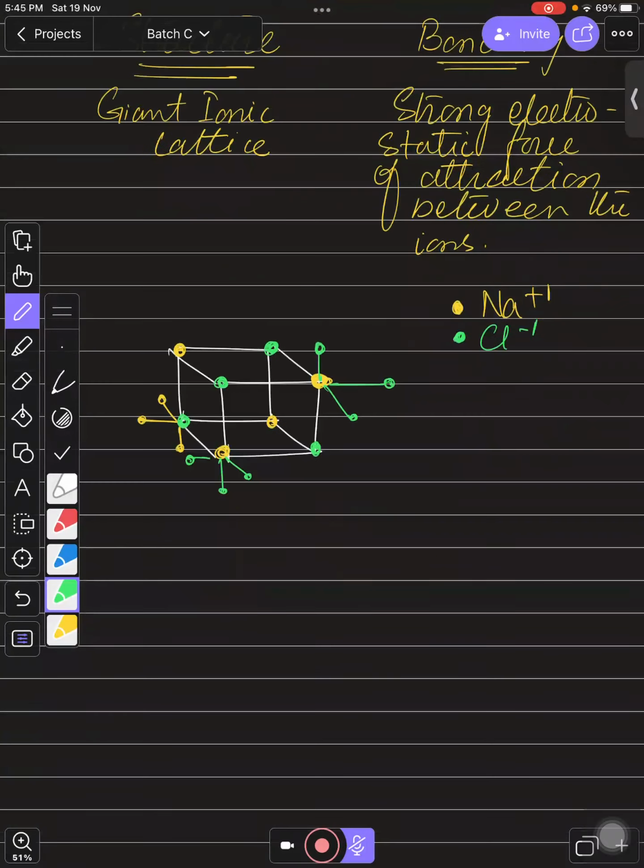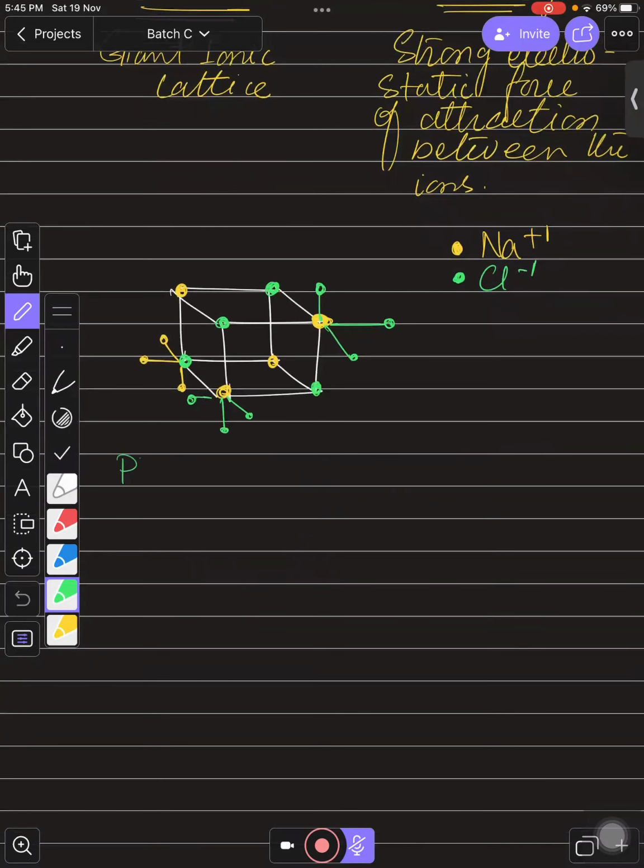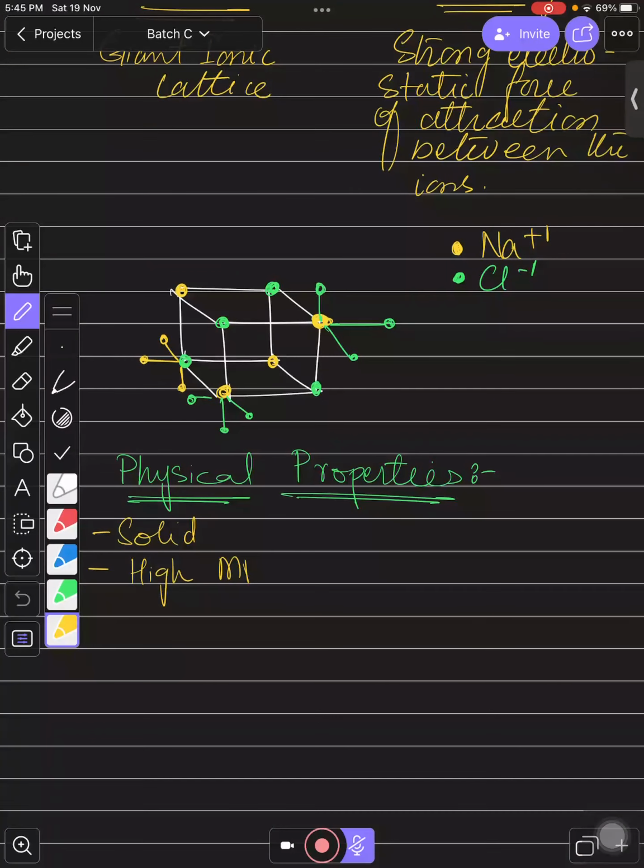So we have a few physical properties of ionic compounds that you need to remember. They can ask for any compound for this. आप देखें कोई सा भी ionic compound वो आपको दे सकता है और उसके पूछेगा वो आपसे any 2 physical properties. So you can write any 2 physical properties out of these. Ionic compounds are solid at room temperature and pressure most of the time. They have high melting point and boiling point. They are soluble in water,